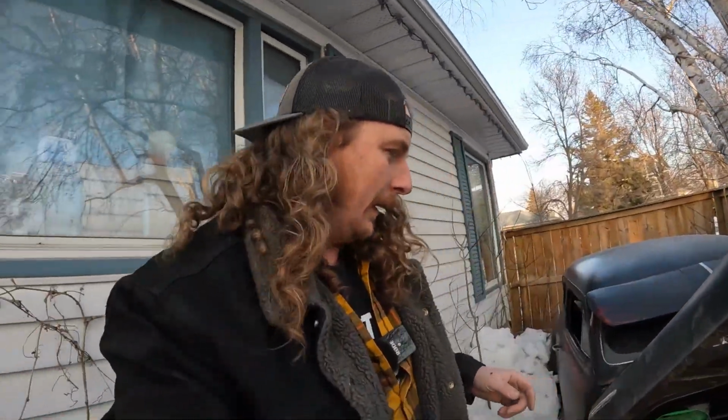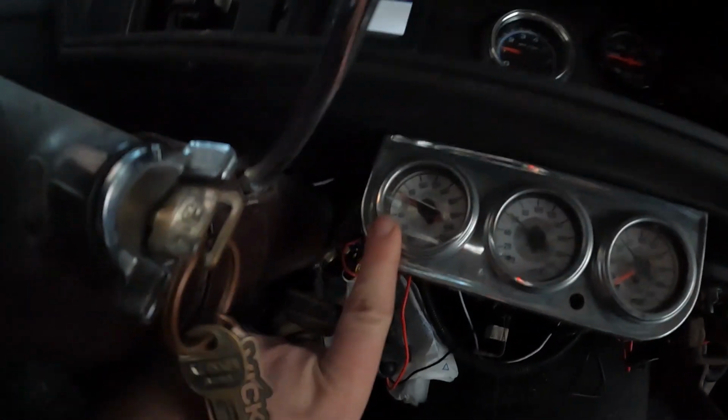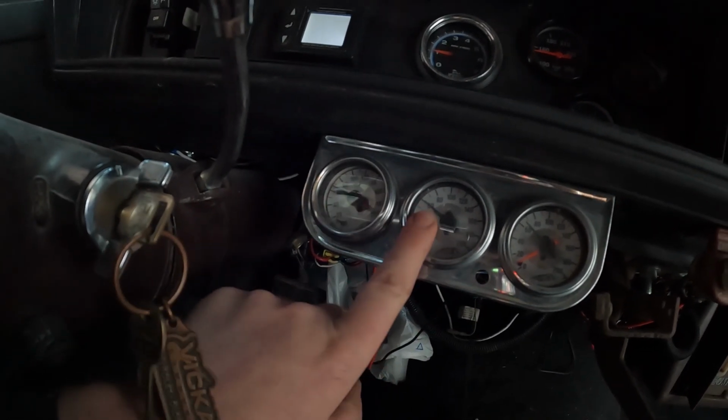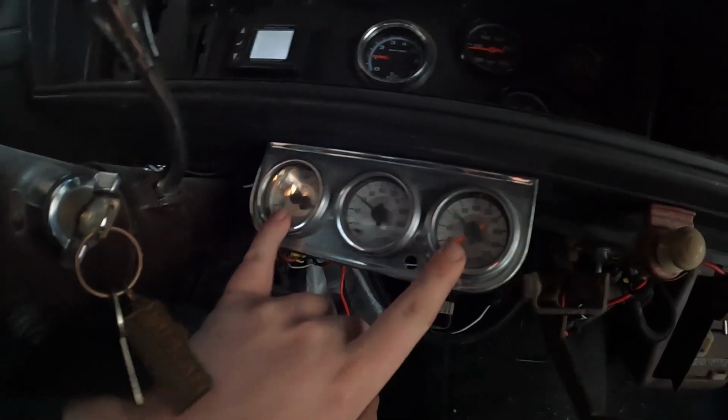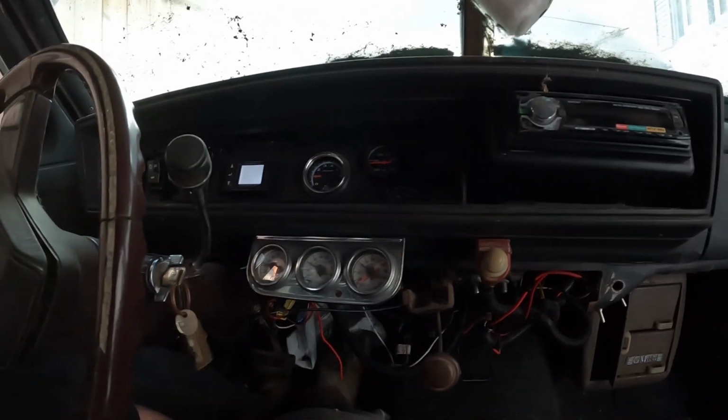So, I'm pretty sure this thing is so low to the ground, it won't go into gear while it's slammed, but we'll pile in there and see what happens. I take it out of the camera case, the microphone was blowing out, I'm pretty sure. But, so we got our gauges. This one should be full because that's the tank, and it's as much as it's going to go, it kicked off. I did fill the front and the back. This one don't move. I hear something leaking, but